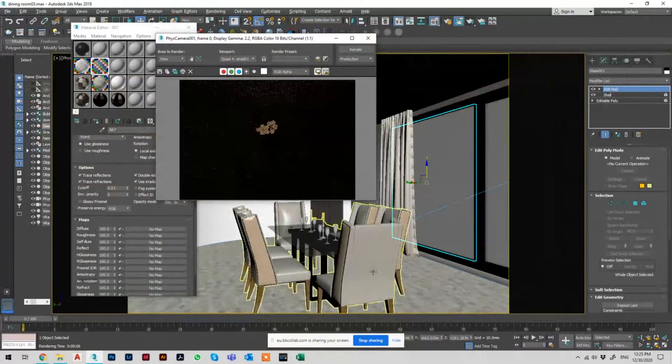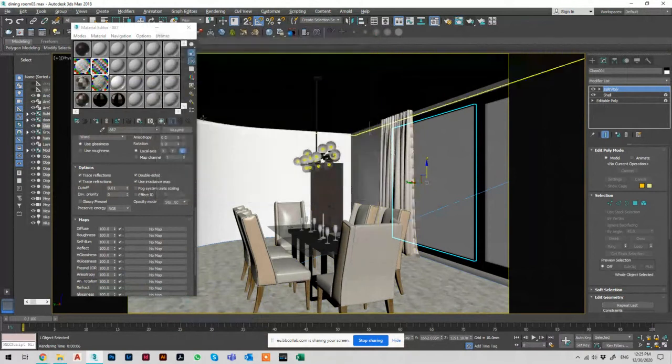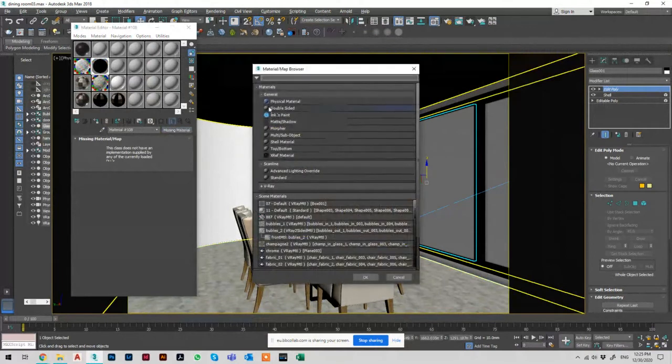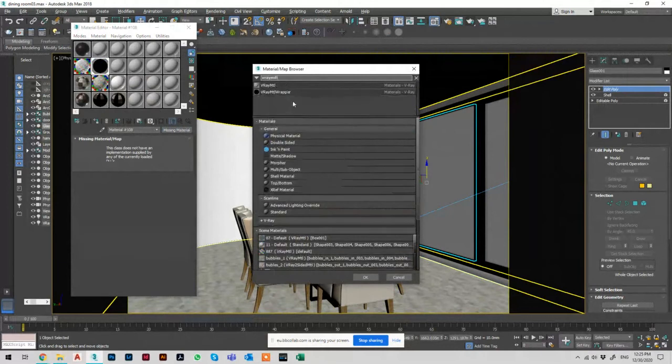As you can see, I added some blocks to the scene, but then I have this issue with the lighting not going through this glass. So I'll just check the material quickly for this block by selecting this material. I can see that this is a missing material, which means I need to create a material from the beginning. So I'll just type vray MTL